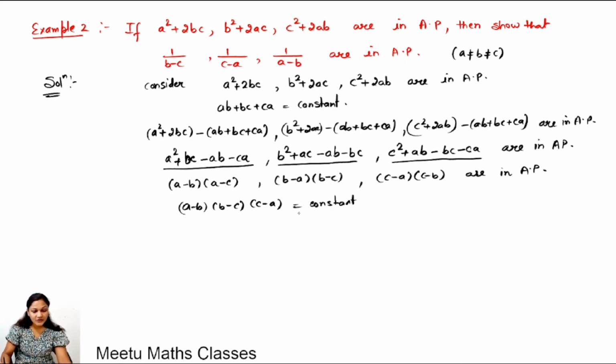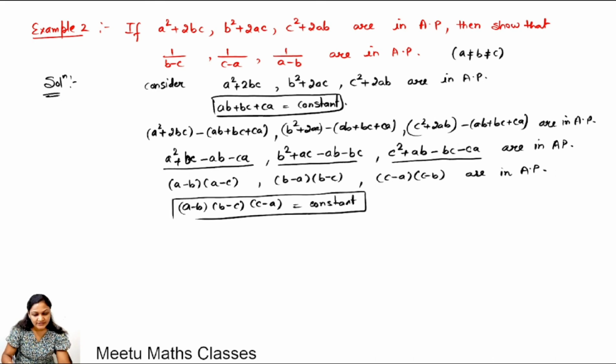The earlier one was also a constant which we subtracted; this is also a constant, and if you divide your sequence by this constant, then you will get (A minus B)(A minus C) divided by (A minus B)(B minus C)(C minus A), (B minus A)(B minus C) also divided by (A minus B)(B minus C)(C minus A),